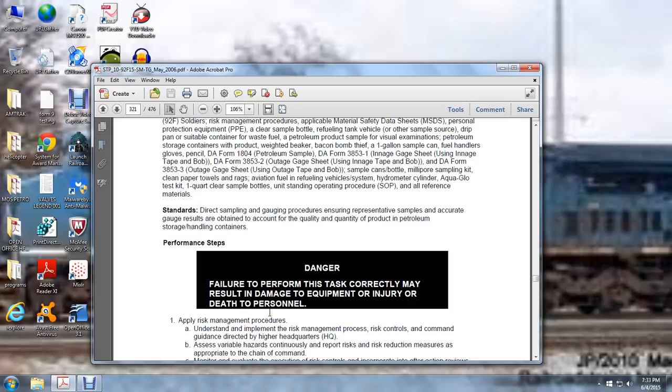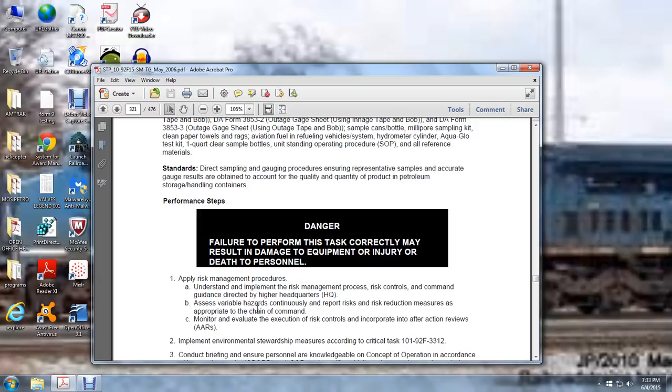Performance. Failure to perform the task correctly may result in damage to the equipment or injury or death of personnel. Apply risk management procedures. Understand and implement risk management procedures, risk controls, command guidance directed by higher headquarters. Assess accident and variable hazards. Continuously report risk reduction measures appropriate for the chain of command. Monitor and evaluate the execution of the risk controls, incorporated in after action reviews, AARs. Implement environmental stewardship, measuring according to critical task